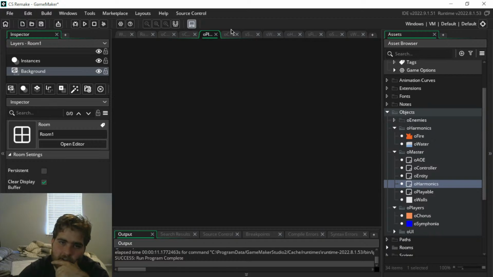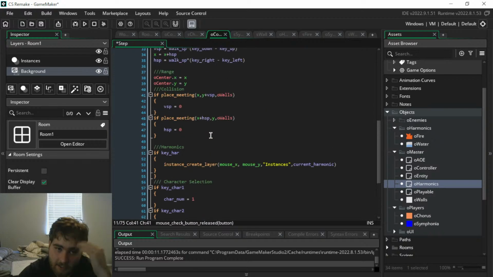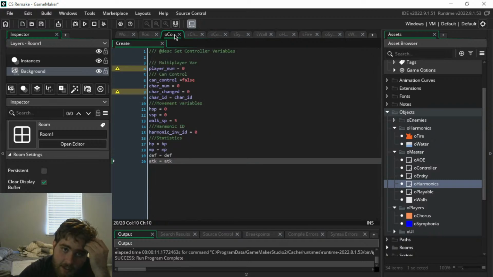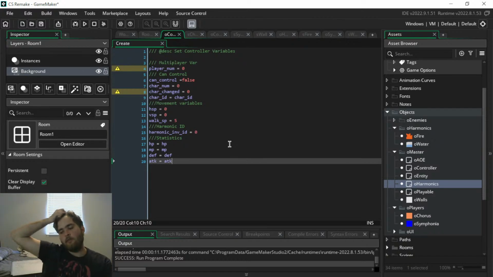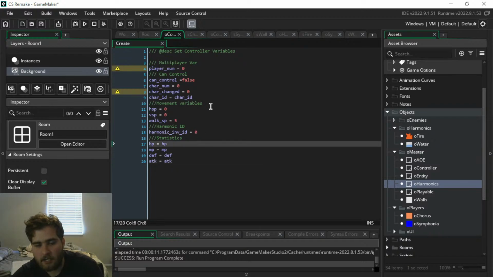Oh, I'm in controller. Yeah, that's where we're adding this. Alright. Character selection. We're going to look at the step stuff later, but for right now, let's focus on this. ATK equals ATK. So those are all your variable definitions. Those are all going to be defined on a character by character basis, but the one we're mainly worried about here is HP. So let's do